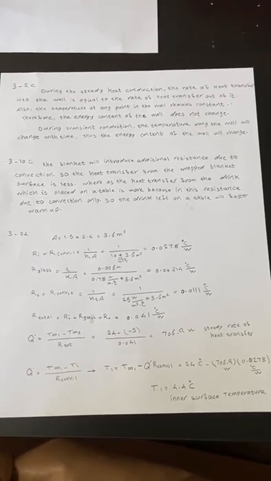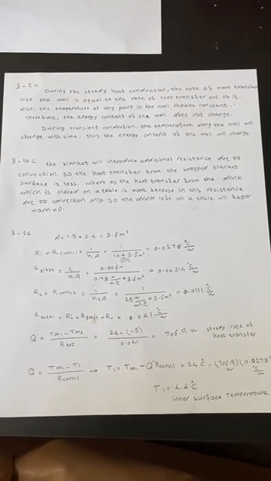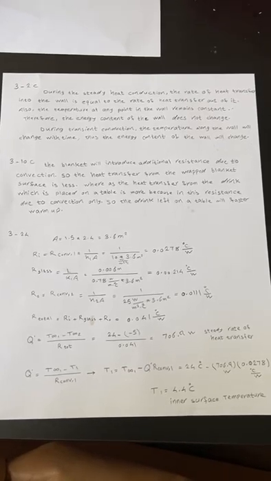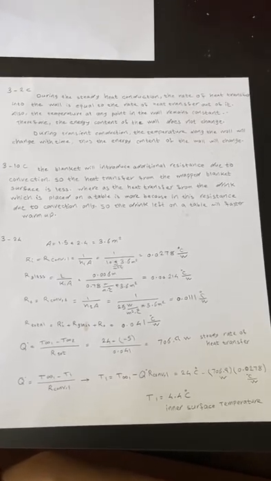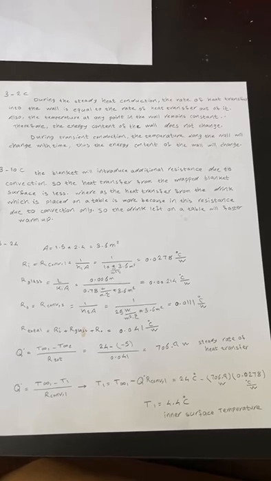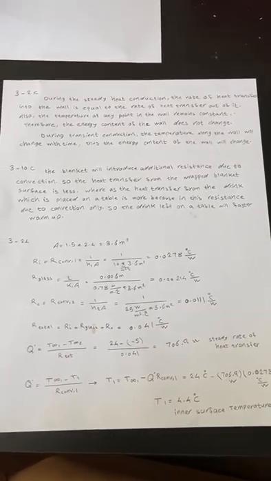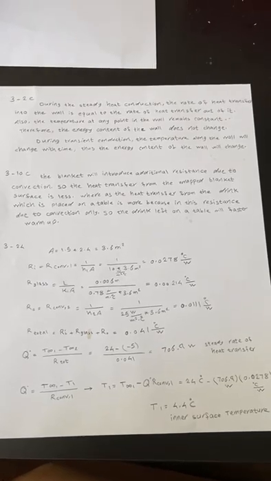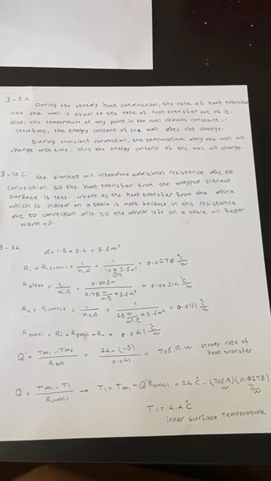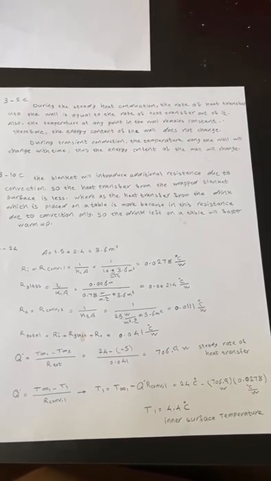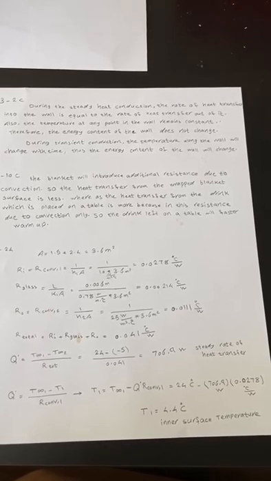I'm explaining homework number 3. So 3.2c: during steady heat conduction, the rate of heat transfer into the wall is equal to the rate of heat transfer out of it. But when it's transient heat conduction, it's different and not the same, because the temperature along the wall is